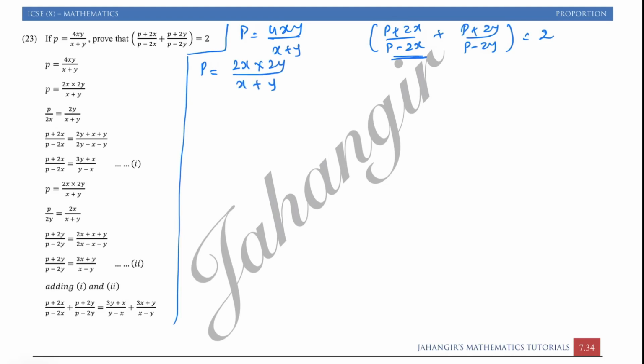So I will first focus on first fraction. 2x I can shift, p upon 2x is equal to 2y upon x plus y. Taking componendo dividendo, here you have to write by componendo dividendo. I cannot write full form. Here also you have to write, I will tell you where to write. So by componendo dividendo,